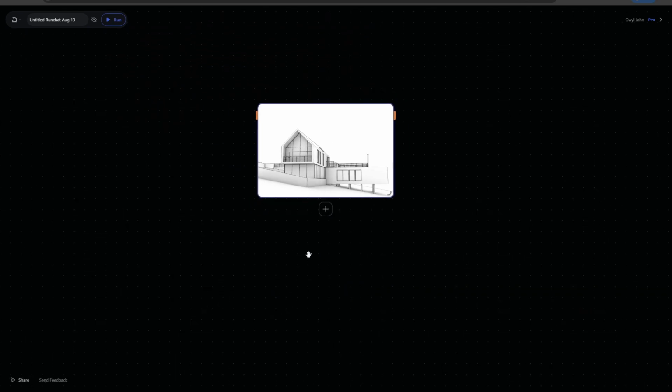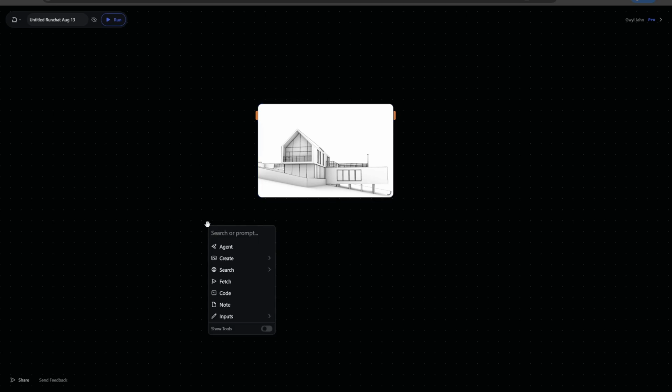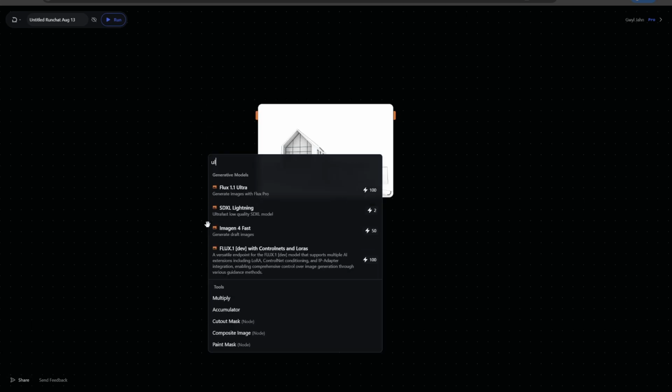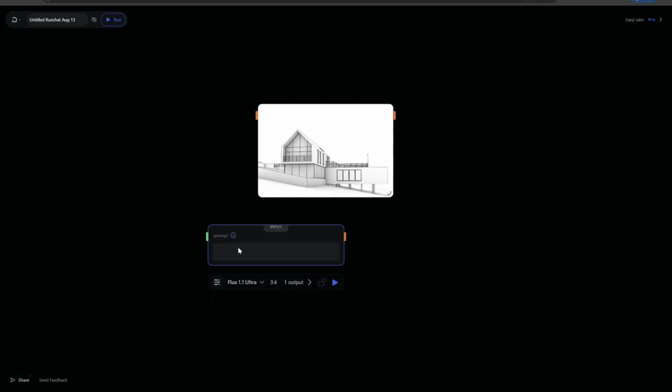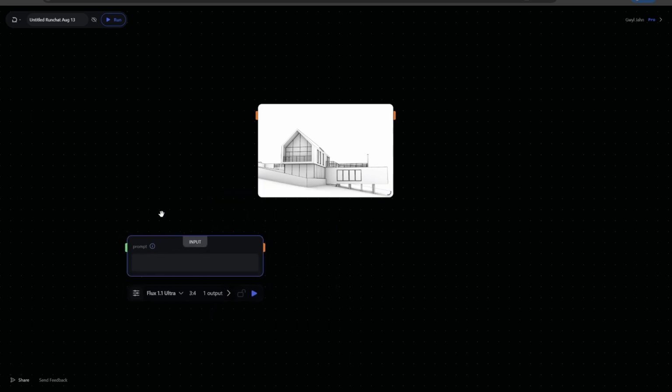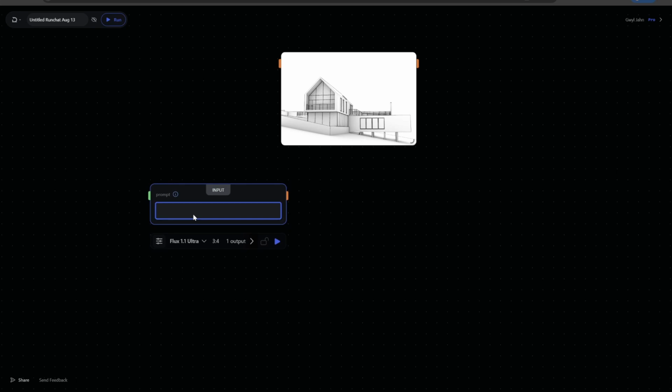The second thing that we'll need is some kind of reference style image. Now you can use images that you find on the internet or images of work that you've produced before, or you can create images yourself. I'm just going to use Flux Ultra and create a reference image here. So let's try writing